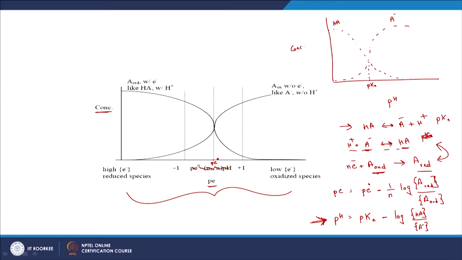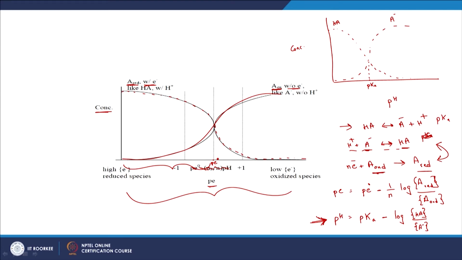So, look at the analogies here. A reduced, as in the compound with the electron, by the compound without the electron, and here the compound with the proton divided by the compound without the proton. That is what we have here, and you see the analogies. Similar to this, here we have the reduced form, or with the electron, and this is the particular profile for that. And here we have the oxidized form, or without the electron, and obviously this is the profile for the oxidized form. And what do you see now, when Pe is less than Pe naught, in this region,